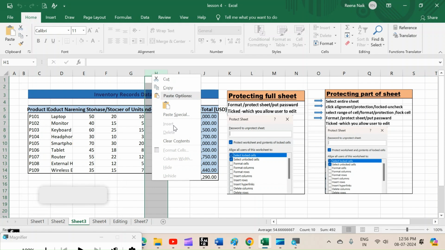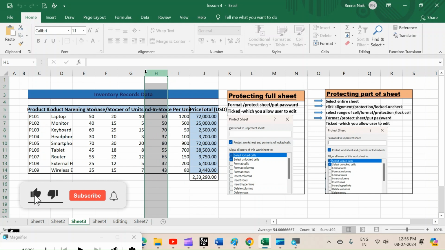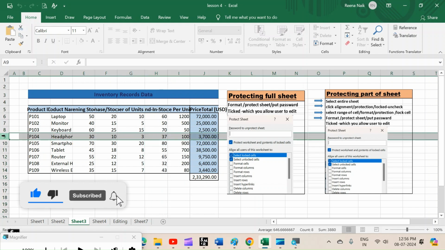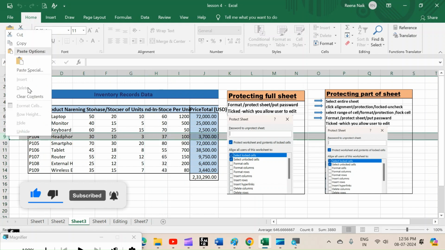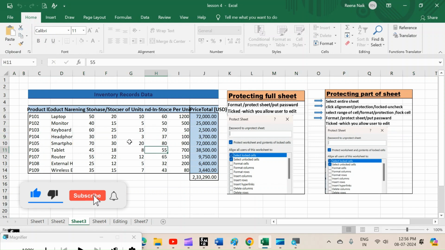This means we cannot insert the column. We cannot insert the row. We cannot format the cells. We cannot hide. We cannot unhide row height. So all these options are not available here because we have protected our sheet.